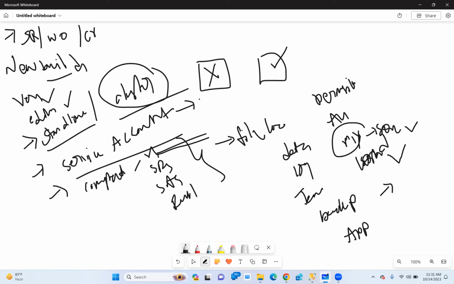Anything I feel I'm missing? Components we discussed, directories we discussed, versions, editions, standalone, service accounts. And sir, not only this, there are post-installation and pre-installation best practices. Pre-installation best practices I discussed, sir. So what are the pre-installation best practices? Make sure that, before you